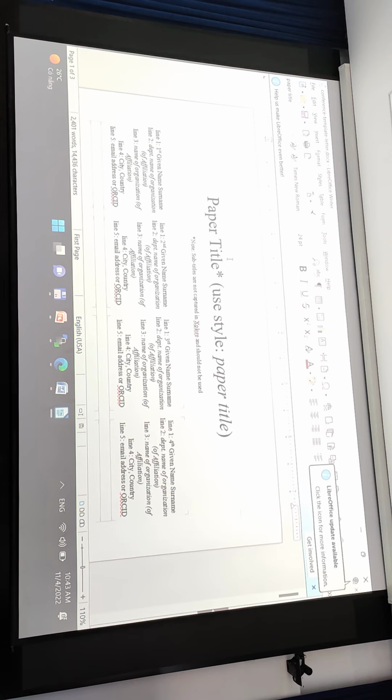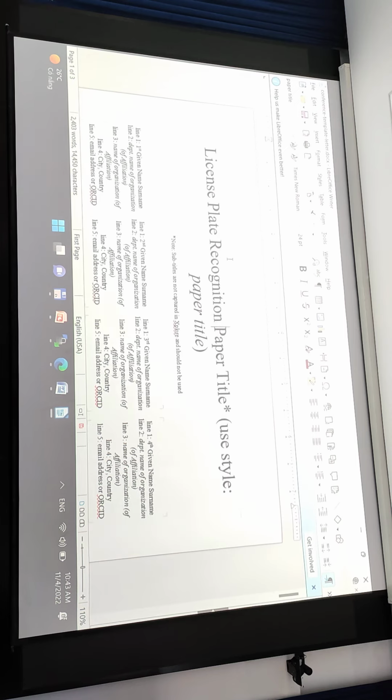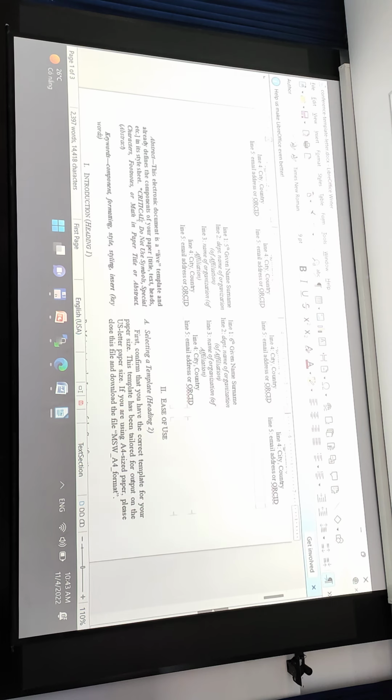Input your title here, for example. Put your name here, for example, your organization here, something like that, and put your abstract here in this paper.